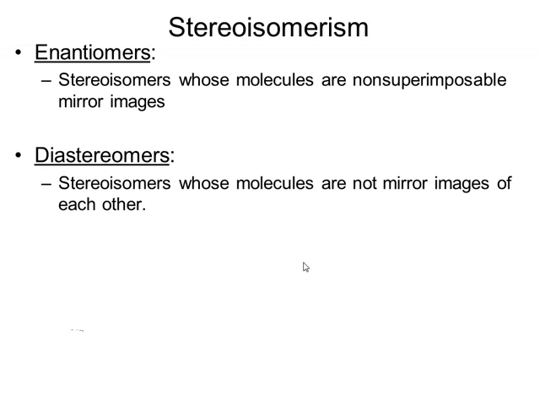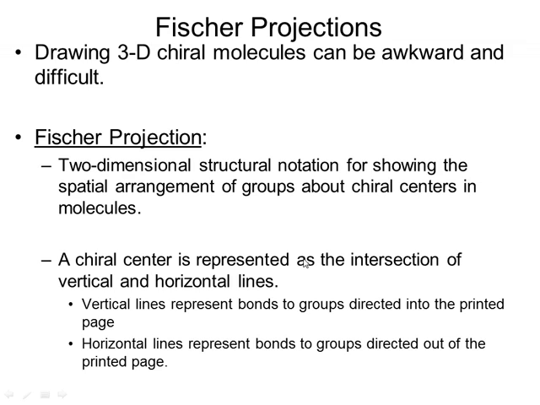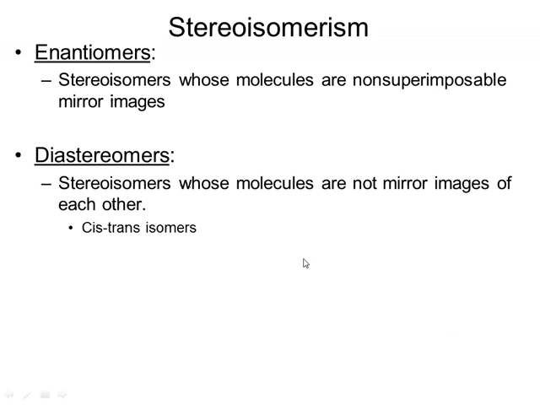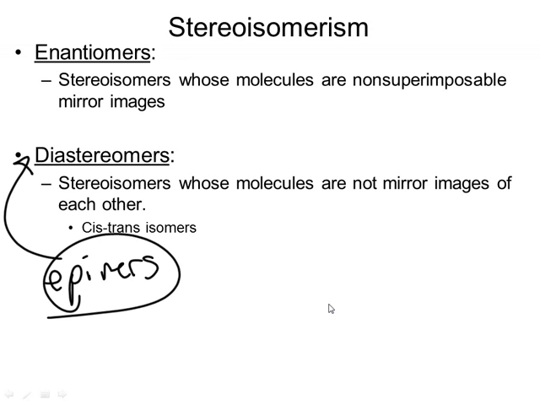Diastereomers are molecules which are not mirror images of each other. And in fact, I probably drew my chart wrong. I'm going to have to go back and fix that. Cis-trans isomerism is a type of diastereomer, so I should have put cis-trans under that, but I'm not going to worry about that too much. Epimers, I will have to get to in another lesson, I realize. So epimers are actually a specific kind of diastereomer, and I'll talk about that when I talk about Fischer projections and when I talk about